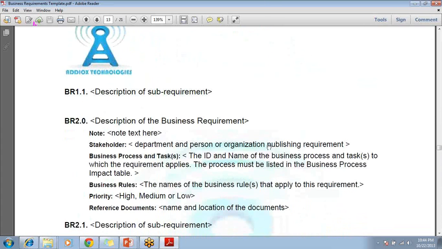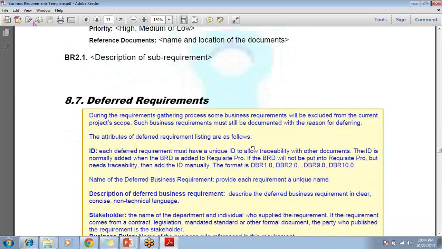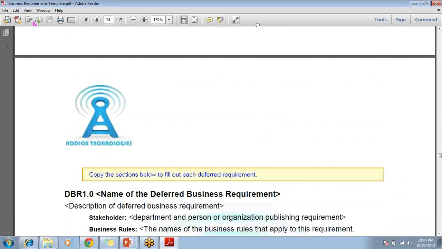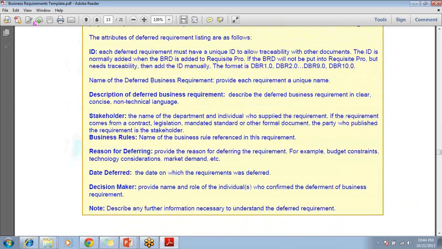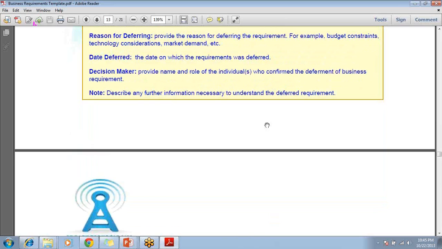Just want to make sure I don't skip anything. This is again PR2. Default requirement. What is default requirement? You are not going to see default requirement a lot. But a default requirement means, think about it, some access issue. Access issue has nothing to do with the coding. You can have the access issue resolved after moving to production also. So that is some kind of a default requirement. That means even though it is a requirement, it is not a showstopper because there is no coding impact on the requirement.